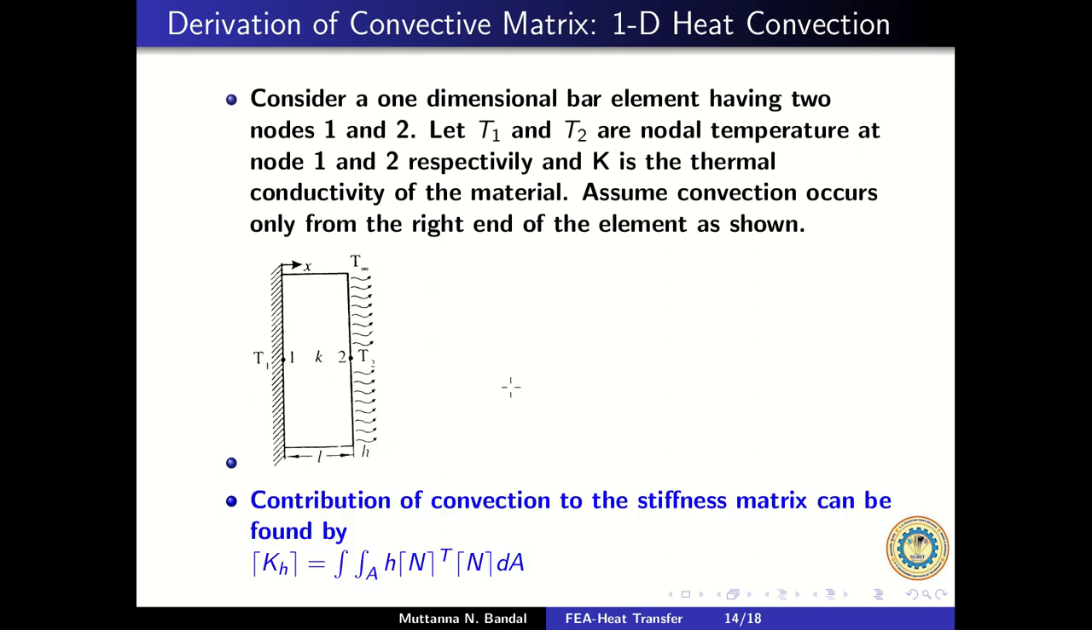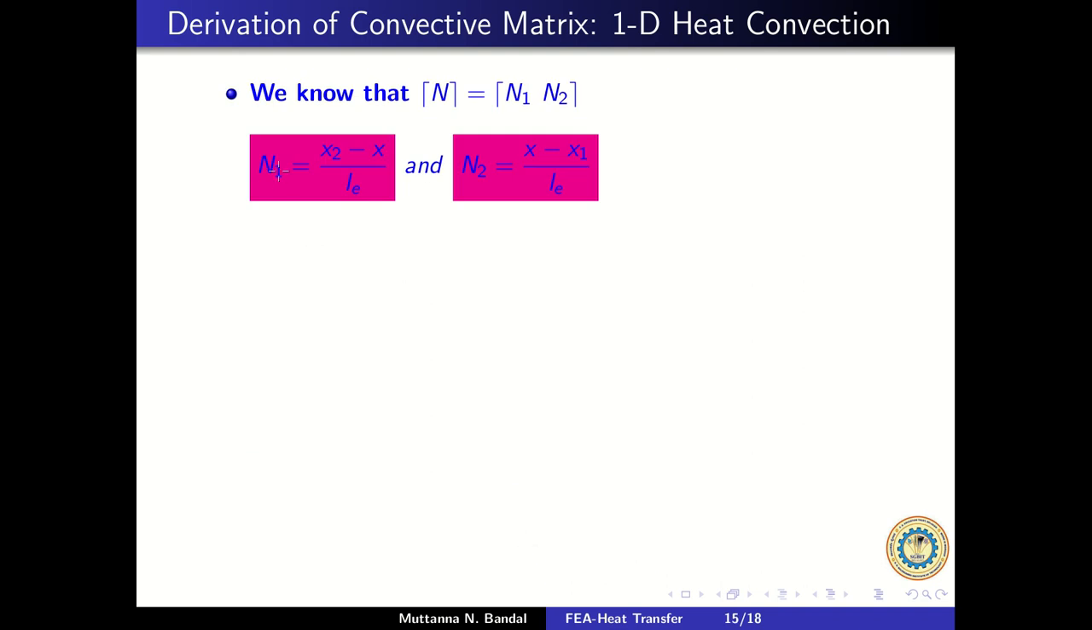For that, the contribution of convection to the stiffness matrix can be found by using this equation, wherein it is a double integration of A. h is the convective heat transfer coefficient, and N transpose and N are nothing but the shape functions over an area dA. So you just have to substitute the N values here and derive the